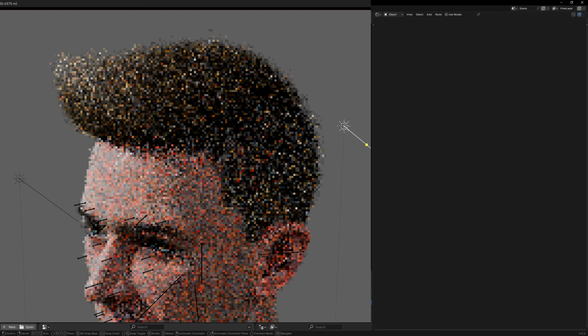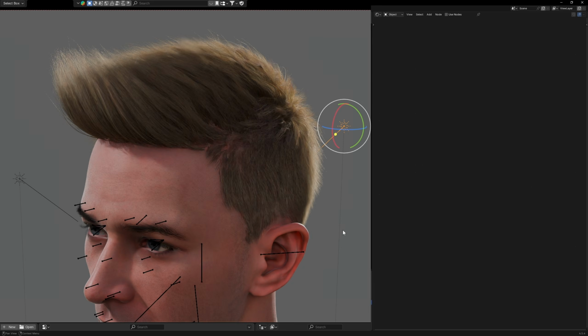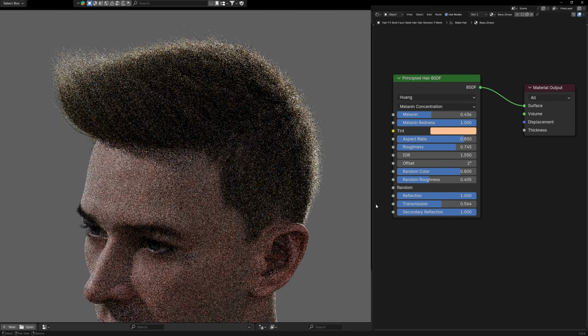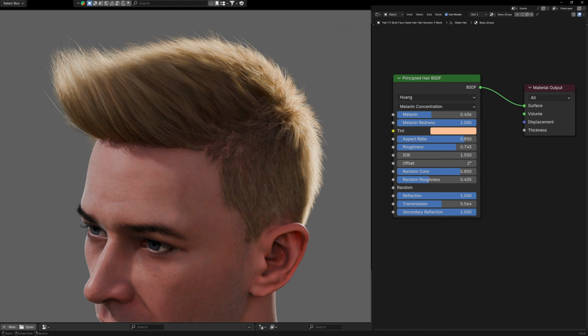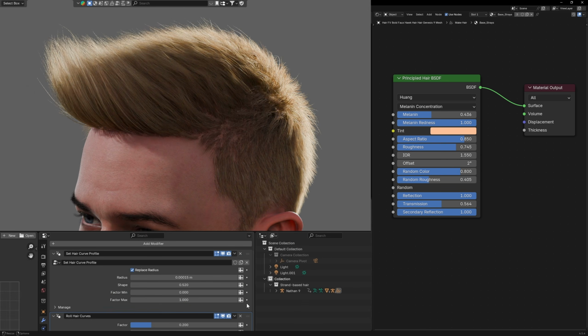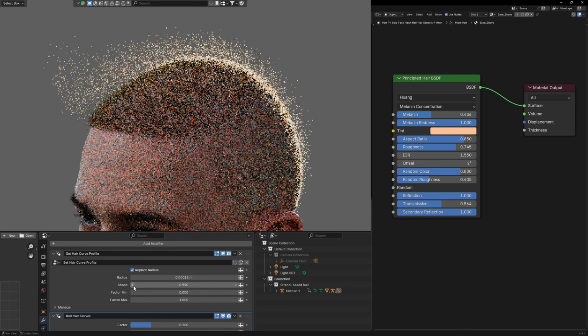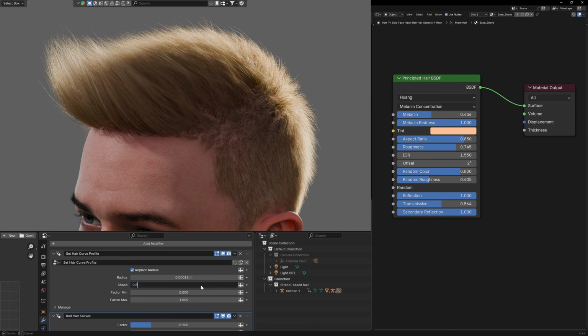To get the best result, put a sunlight behind the character. This will create a halo effect. You can increase the intensity of this effect by increasing the transmission value. Once your material is set up, go into the Modifiers tab and fine-tune the shape and the radius to get